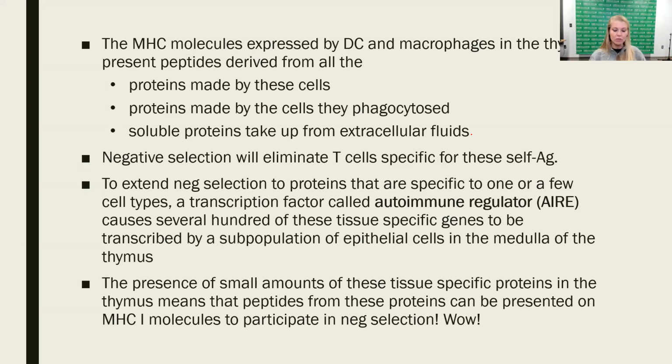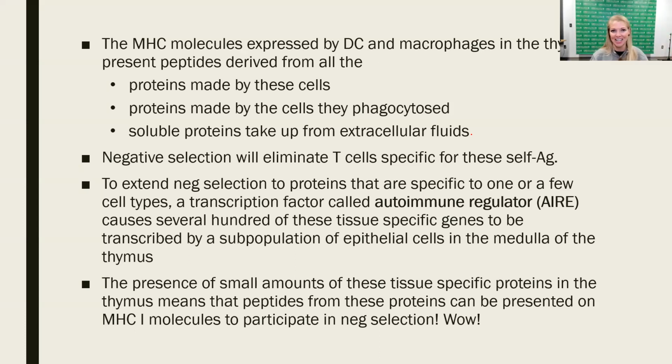So I think one of the most incredible things of the entire immune system is that there are a few cell types that reside in the thymus that have a transcription factor that gets turned on called AIRE. It stands for autoimmune regulator. And this transcription factor allows a tiny subset of cells in the thymus to turn on any gene in the entire DNA and make any protein of the body. I mean,